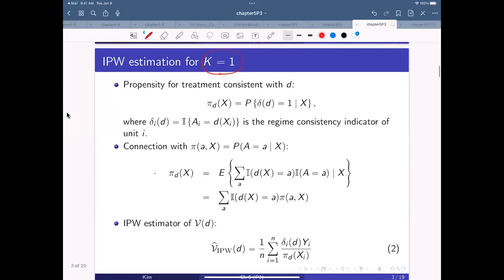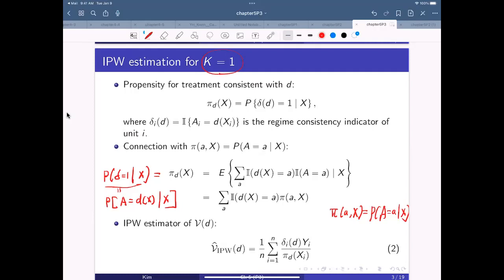So basically, this is the probability of delta equal 1 given X, which is actually the probability of A equal D(X) given X. So if you have pi(a|x) as the probability of A equal to small a given X, if you know this, all you have to do is to